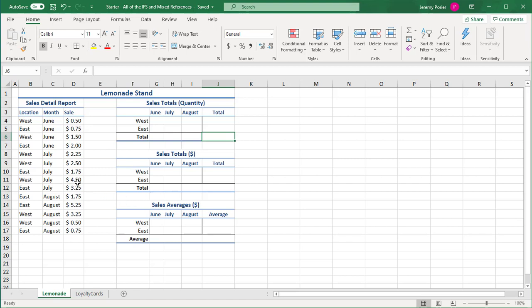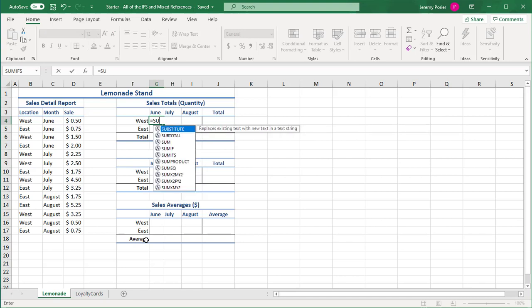And so in this first example, we've got a list of all the lemonade sales that our different locations of our lemonade stand have done and the month that those sales were made in. And what we want to do here in this cell is have a total of June sales that happened at the West location. So let's take a look at how to do that using IFS, because with SUMIF we would only be able to choose either location or month. But in this case, in this cell, we want to do a COUNTIFS